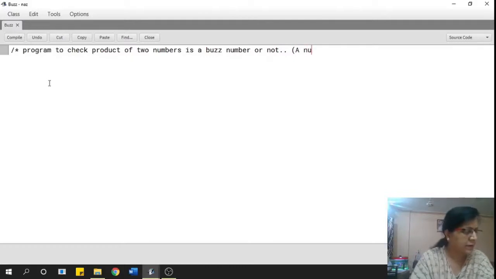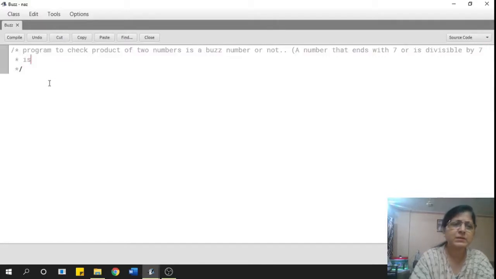A number that ends with 7 or is divisible by 7 is called a buzz number.